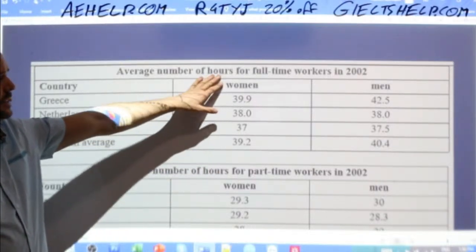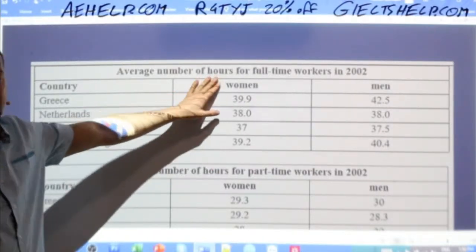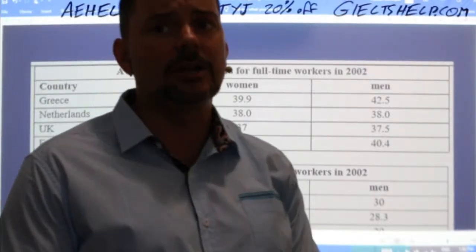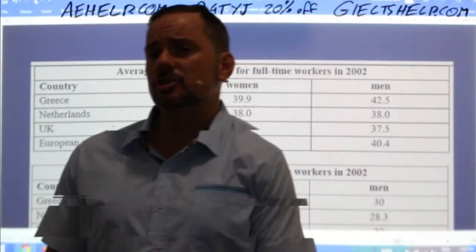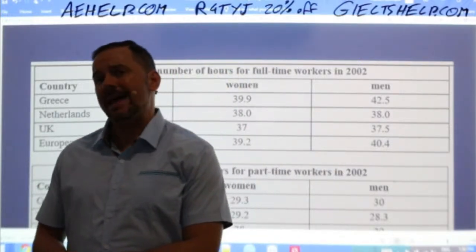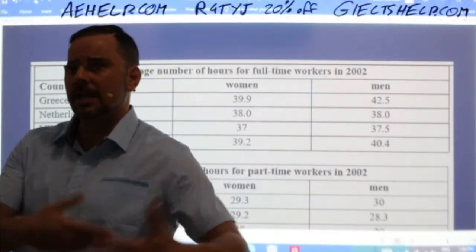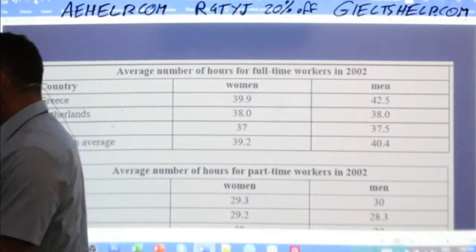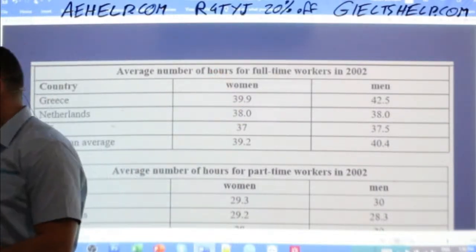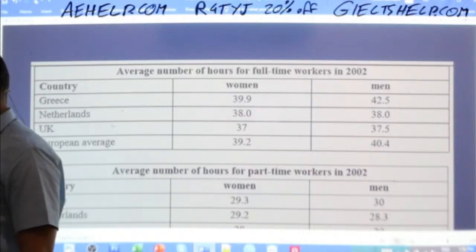Making a mistake like calling it percentages instead of hours, that could be a devastating mistake, Jainil. That could really cost you. It could drop your writing section score by half, if not a full band, if you were to write that word again and again. So you really got to pay attention to the data that you're reporting on, okay? Careful, careful. All right.